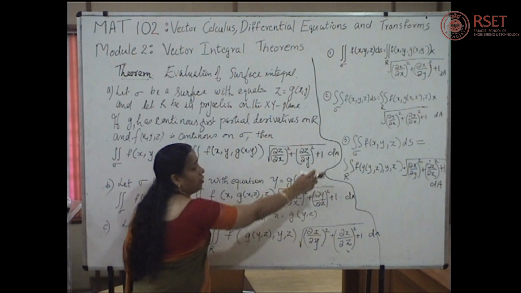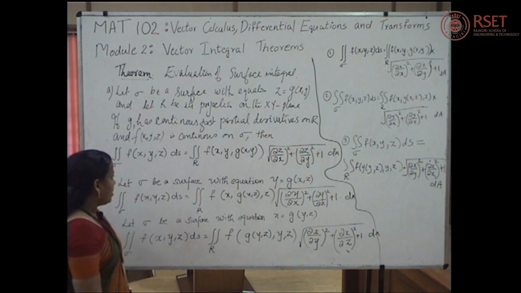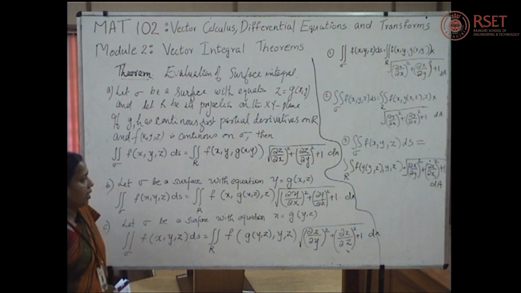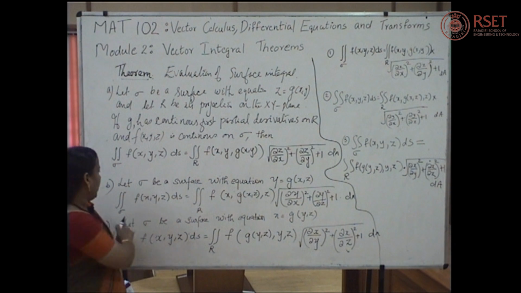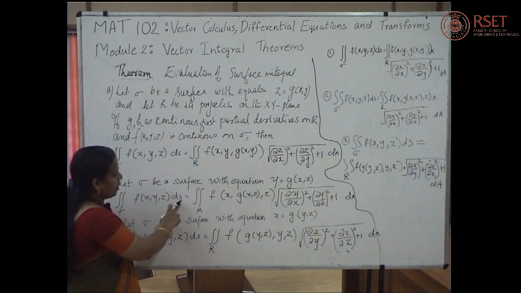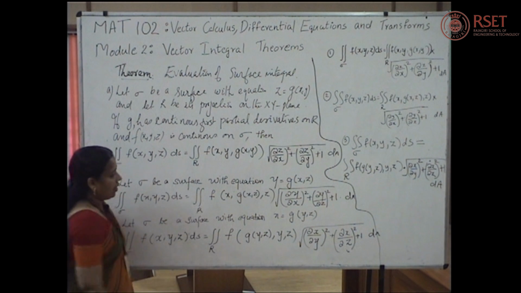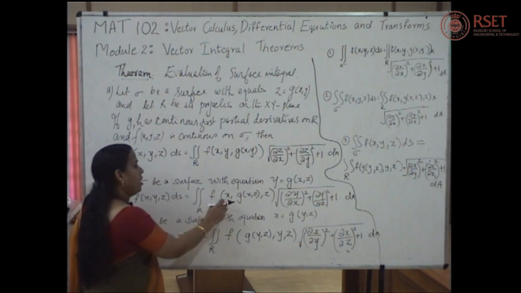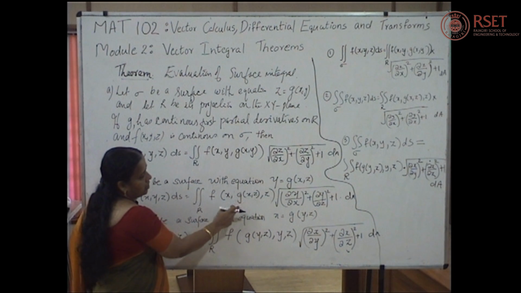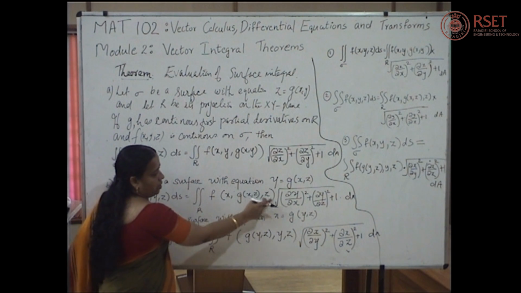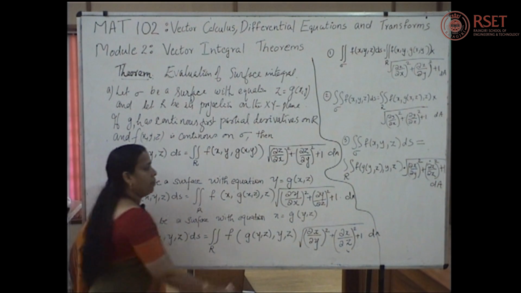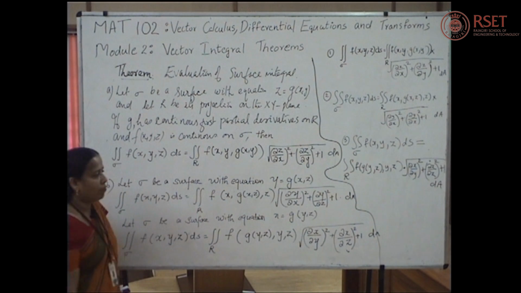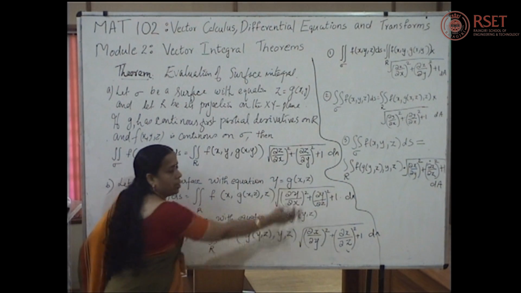plus 1 dA. And if the projection of the given surface was taken on the xz plane, then y can be defined as g(x, z), and the integral over sigma of f(x, y, z) dS is given by the double integral over R of f(x, g(x, z), z) into root of (∂y/∂x)² plus (∂y/∂z)² plus 1, since y is given as a function of